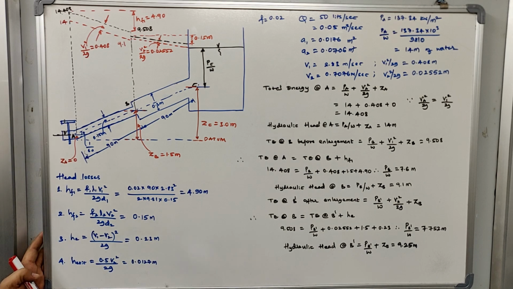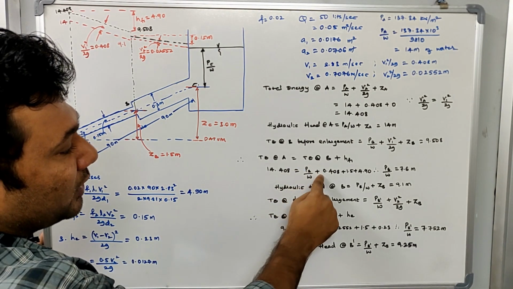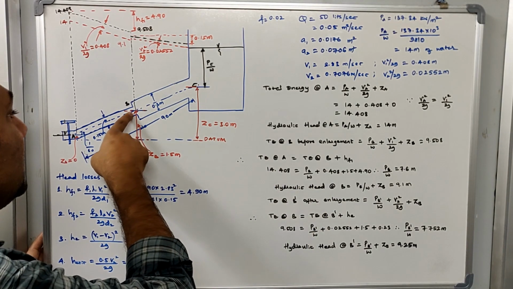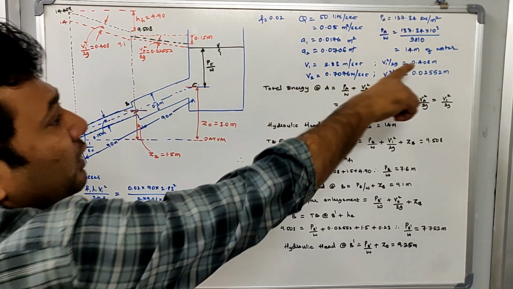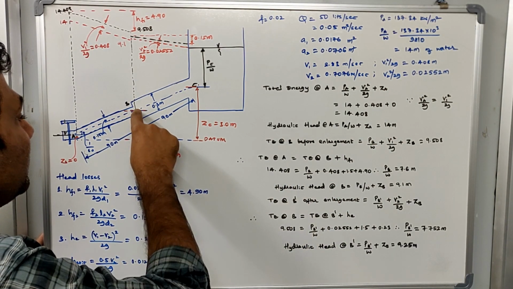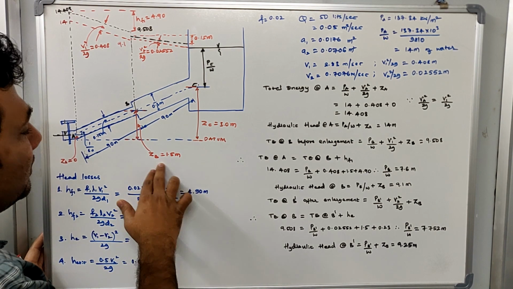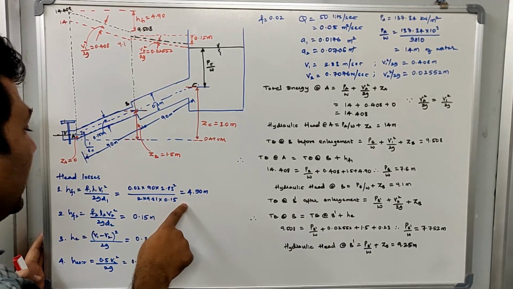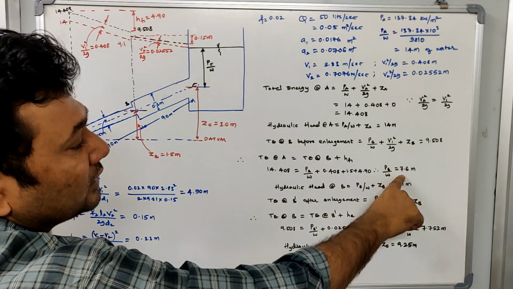Right? So now let us substitute what is total energy at A, which is 14.408, equated to PB by W plus. Now let me see how much is the velocity before the enlargement. What is the velocity head before the enlargement? It is equal to V1 square by 2G. So V1 square by 2G is 0.408. So I am going to substitute it over here. Okay. Now how much is the datum height here? Datum height will be equal to 1.5 meter itself. Whether it is before enlargement or after enlargement, the ZB value will remain the same. Okay. Plus HF1. How much is HF1? HF1, which we have calculated here, is 4.9. So substituting all of that, we can calculate how much is PB by W. PB by W is 7.6.